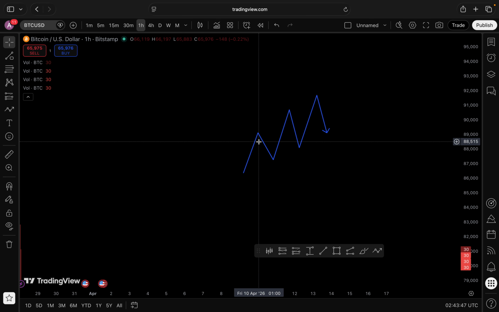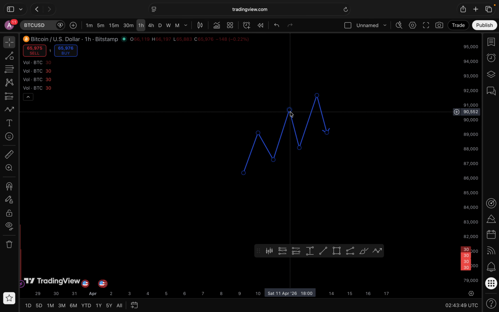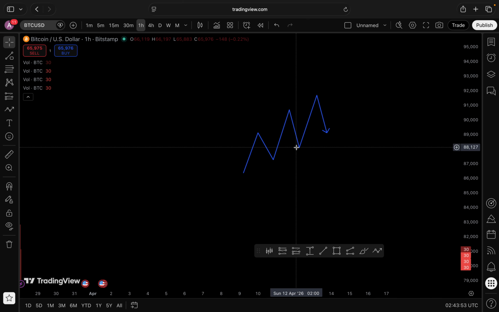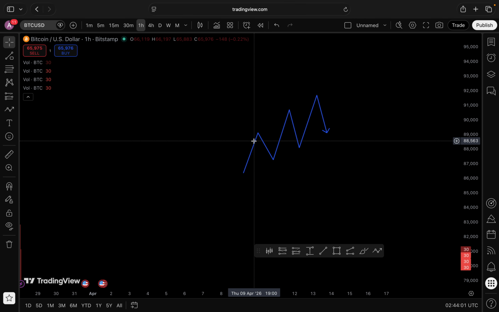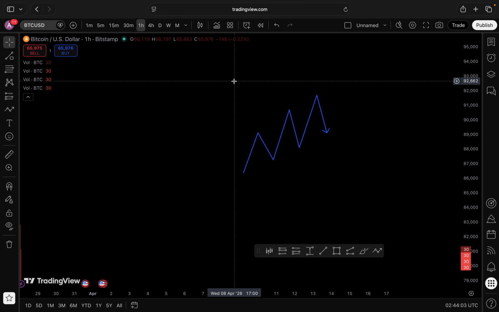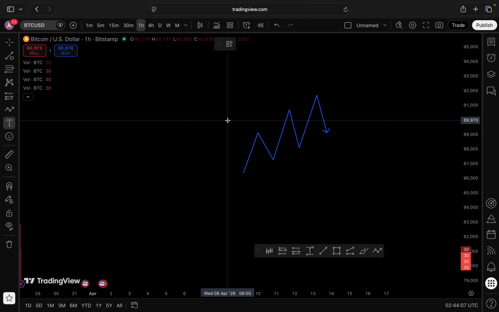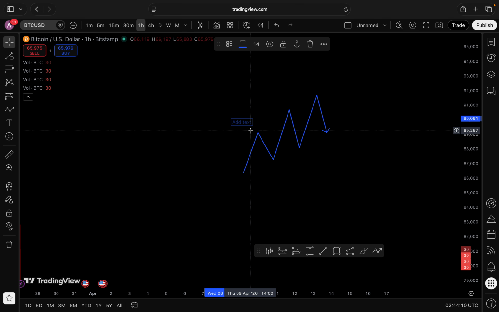This is the previous highest point. It's higher than that, so now it's considered a higher high. This is a higher low because it's higher than the previous low. This is a higher high because it's higher than the previous high. That is an uptrend. So we'll put this as a